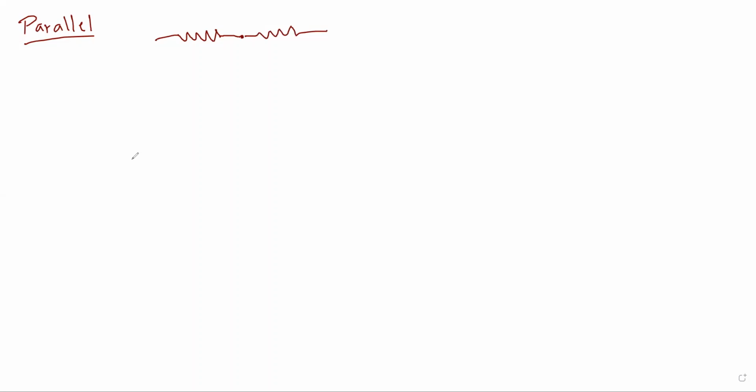Whereas in parallel combination, if you consider one resistor with its end points, and this is one more resistor, it is connected between the two common points, say like this. So it is connected here and between the two common points. So this is how we connect the resistors in parallel combination.